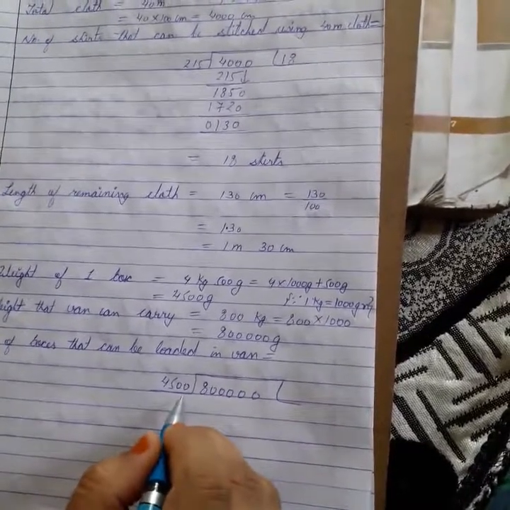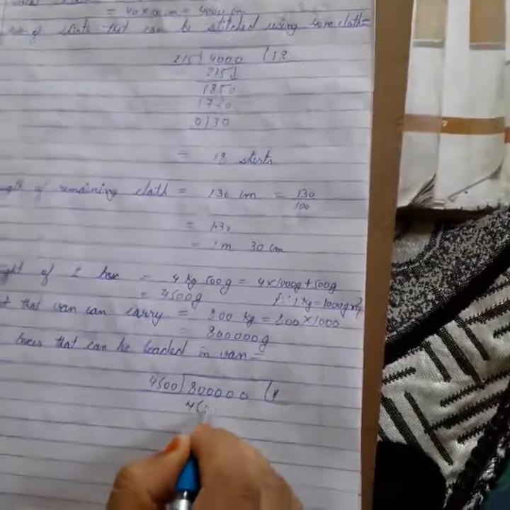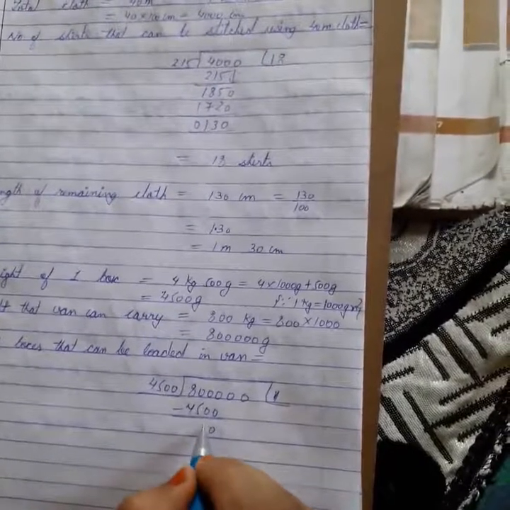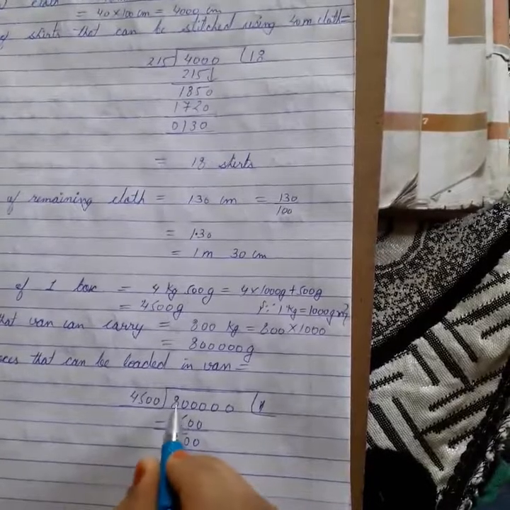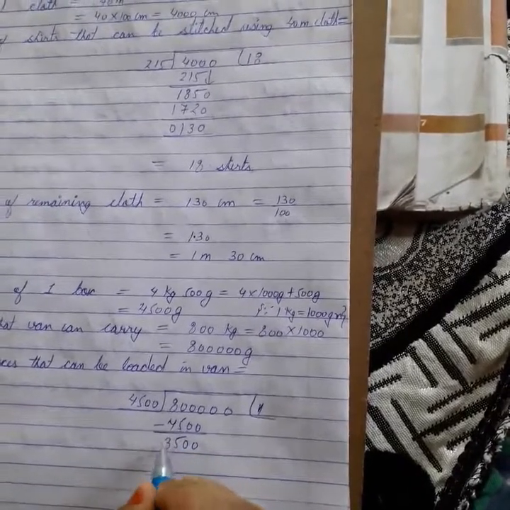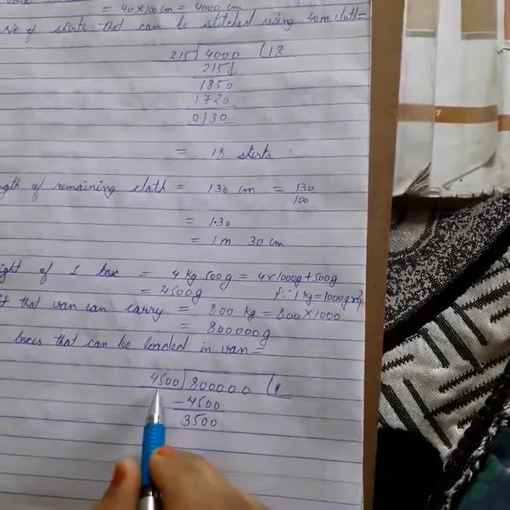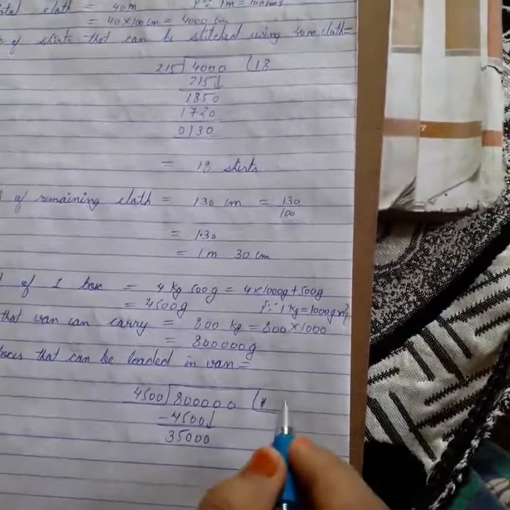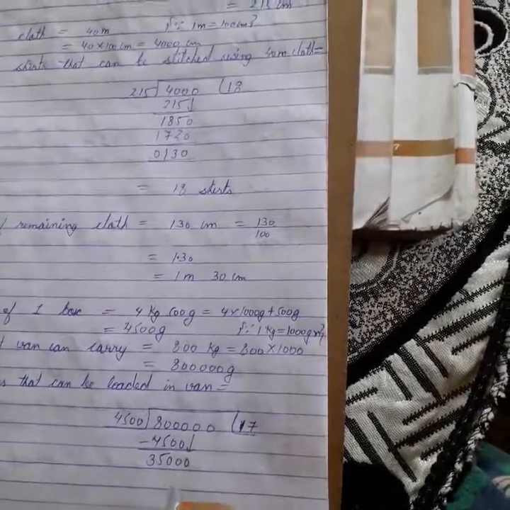So 4,500 ones are 4,500. Now you will subtract 0 by 0, 0. 0 subtracted from 0, 0. Carry you will give here, 10 minus 5, how much? 5. Here 8 has given 1 carry, so 7 is left. 7 minus 4 is 3. Now this 3,500 is smaller than 4,500, so we cannot divide. So we'll bring this 0 down.